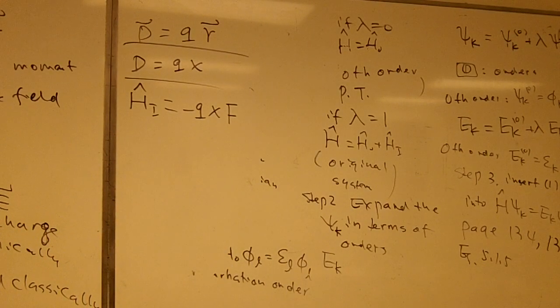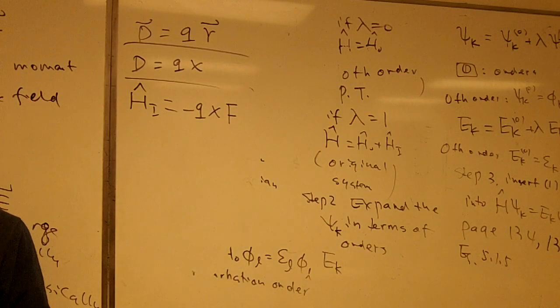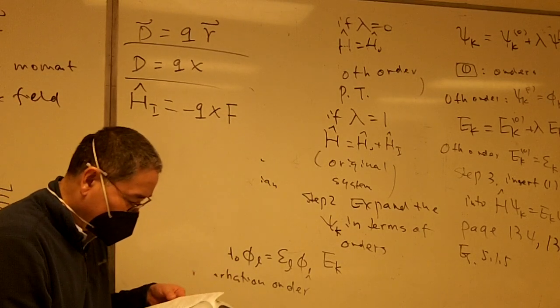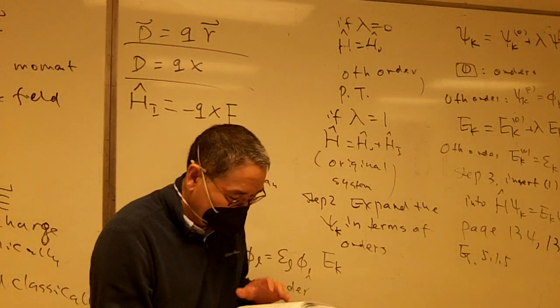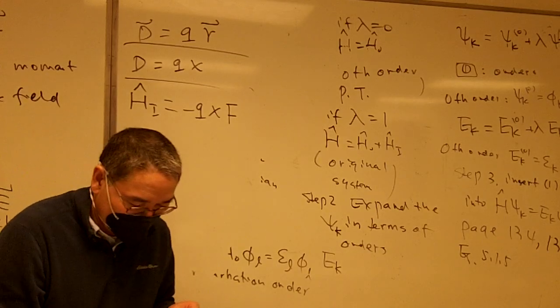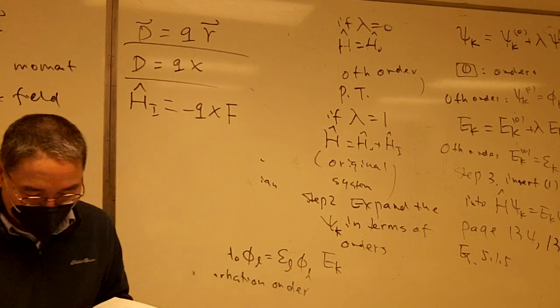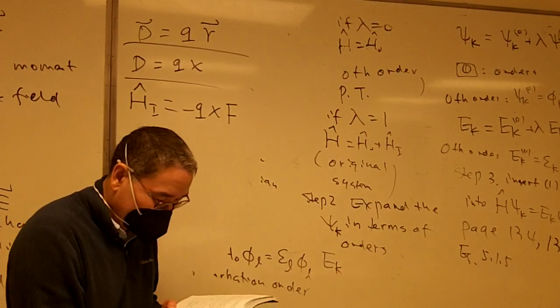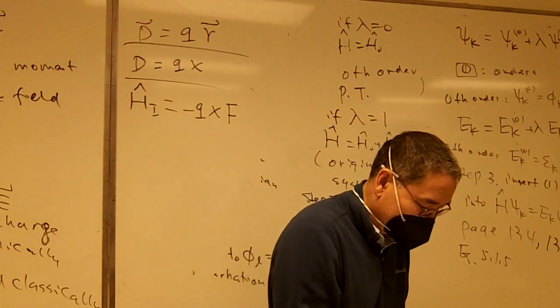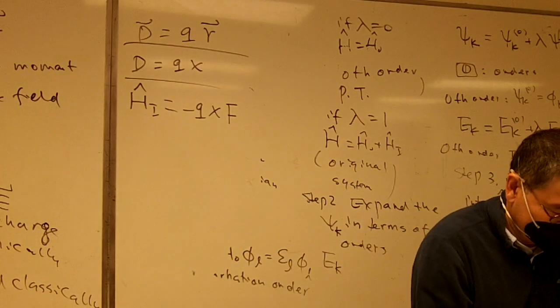Where we have used Dirac notation ⟨k|x̂|k⟩ = 0 for the harmonic oscillator, there is no contribution from the first order perturbation. So we need to compute the second order energy. E_k to the second order equals the summation, when n does not equal k, of ⟨k|Ĥ_I|n⟩ times ⟨n|Ĥ_I|k⟩ all over E_k to the zero order minus E_n to the zero order, where the summation excludes n equals k. In order to compute E_k to the second order, we first calculate